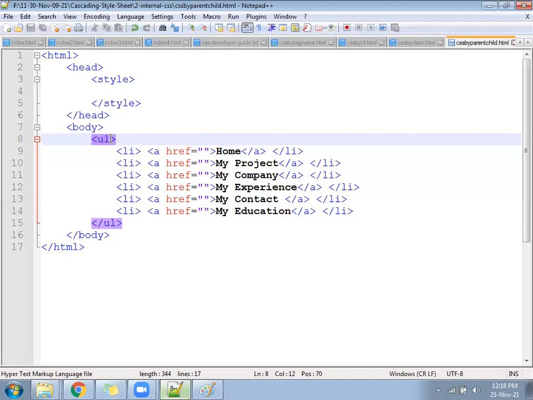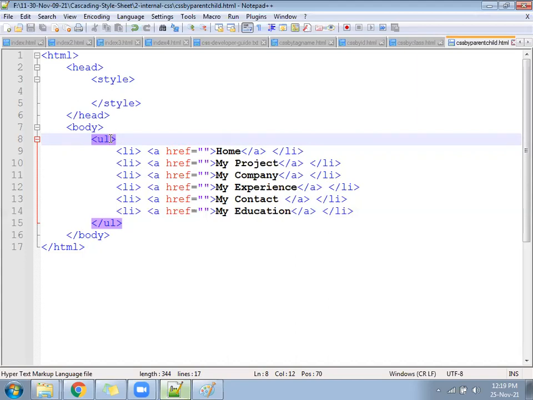Okay, example, suppose in Marathahalli, there are two houses. In both the houses, there is a person. Both the names are called Ramesh. Okay, both the persons' names are called Ramesh. You want to write a letter to Ramesh. Both houses are nearby only. In both houses there is a Ramesh. But we want to write a letter to that Ramesh whose father's name is Ganesh. Now what will happen? The letter will not reach the other house. It will reach the house where the father's name is Ganesh and the son's name is Ramesh.